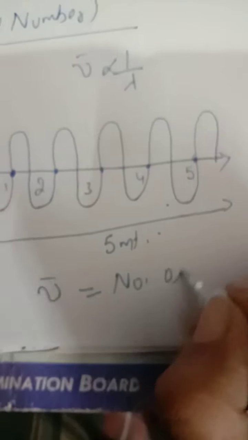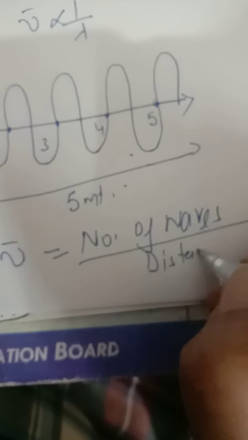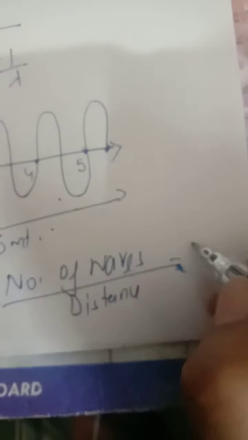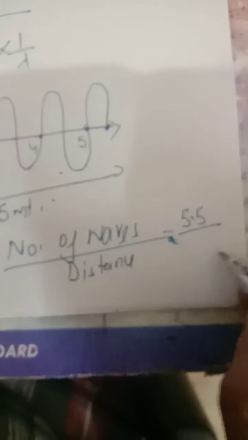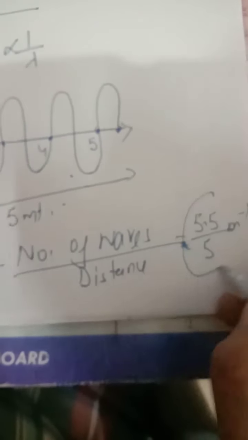Now you have to find the wave number. It is equal to the number of waves divided by the distance traveled by the waves. So the number of waves we have counted here in the complete cycle is 5.5, and if you divide it by the distance traveled, that is 5, it will give you the value of wave number in meter inverse, because its units are